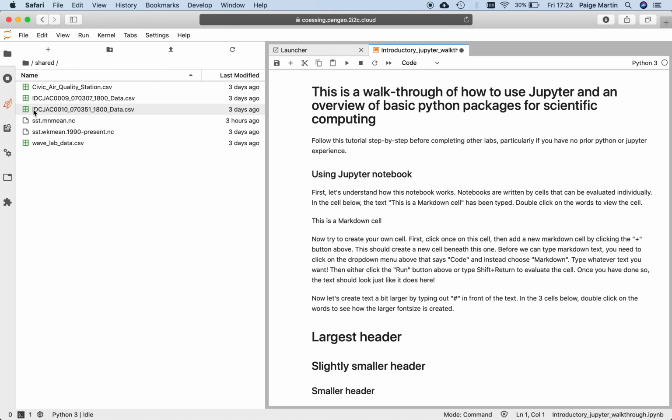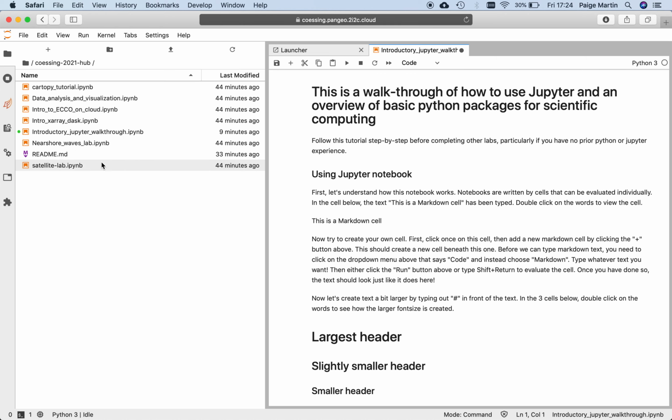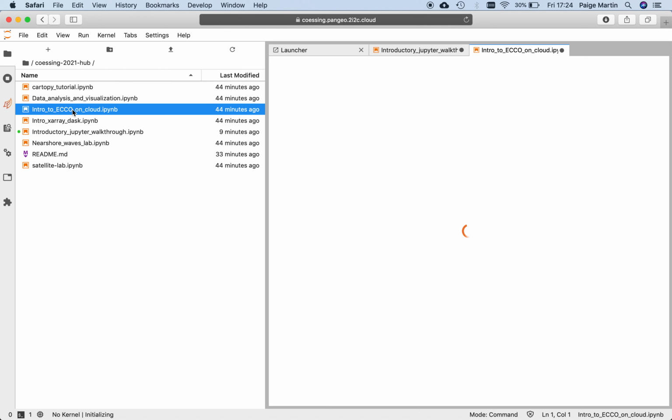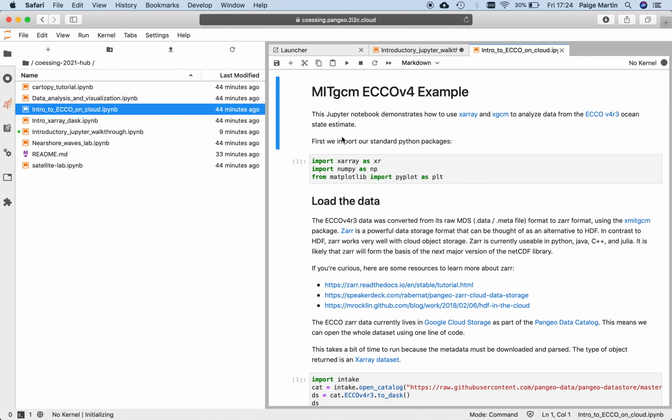And if we go back, we see there's a shared folder. If I double click on that, we can see that there are lots of data files here, and these are all the data that are not already on the cloud but are being used in Python labs. So if you ever need a path to data, it will be this path here. Okay, so let's go back in here. Let's open another one. So if we open this echo tutorial notebook here,